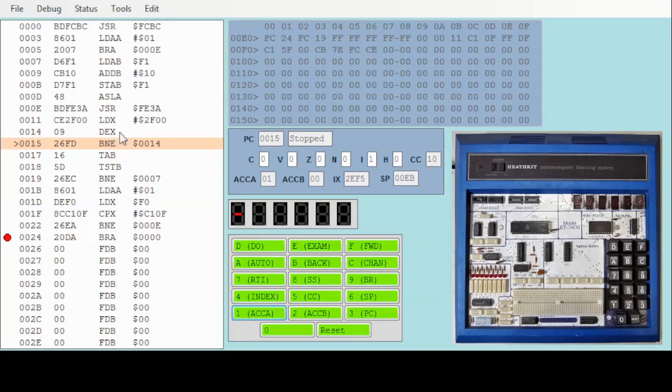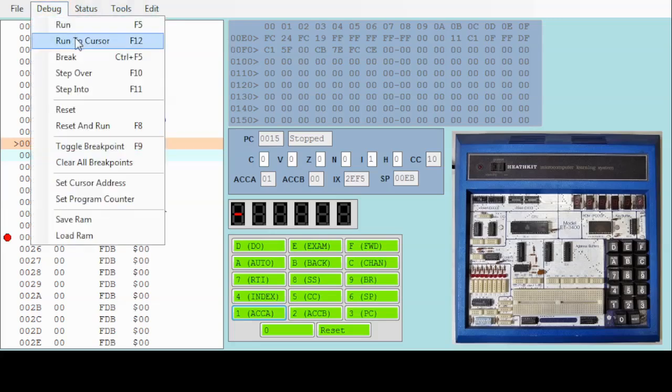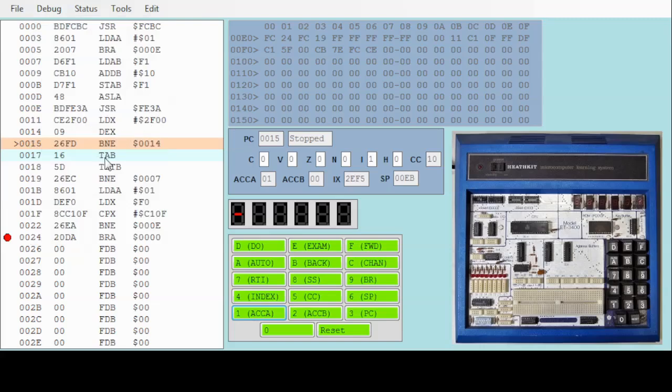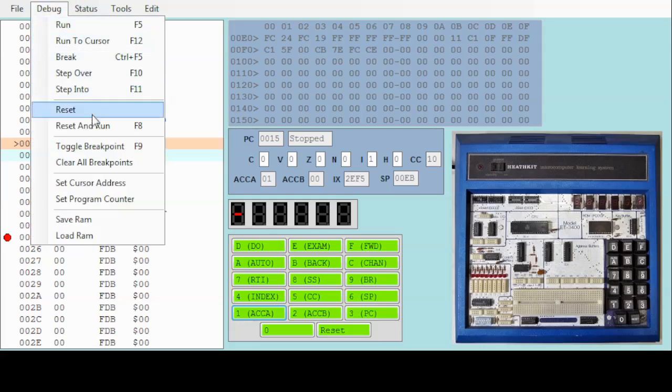And we basically don't want to watch this. We want to get to the next instruction, which is also a new instruction. We could set a breakpoint over here. But there's an even easier way to do this, and that is if we go to debug and say run to cursor, we just set the cursor to the tab instruction. So if we say run to cursor,